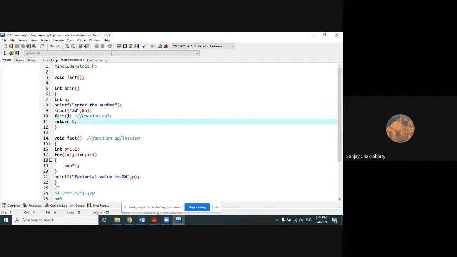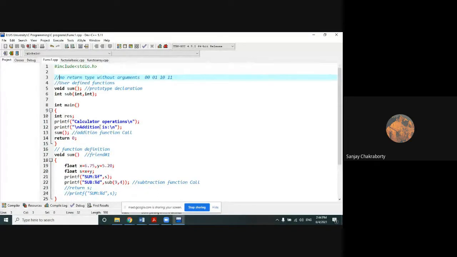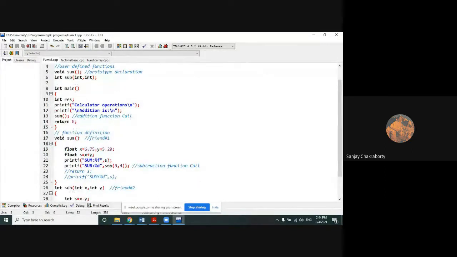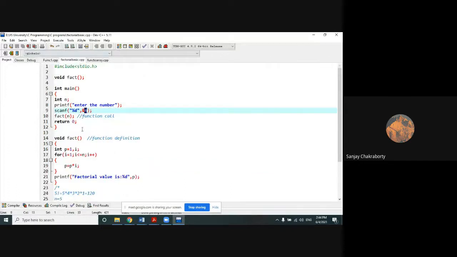And then to the fact function, we will pass this value n. Just like the previous case, if you remember, we were passing two values to some function, x comma y. Here we are passing n because on this n variable we want to find our factorial. So n is our input number on which we want to find our factorial. So here we have to receive the n with this variable int n and then perform the rest of the operation, the similar thing.